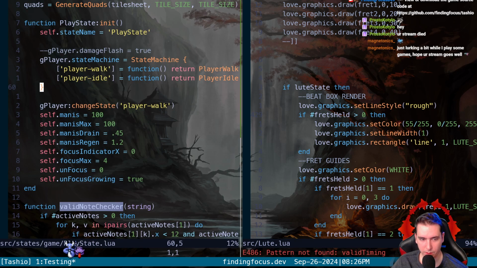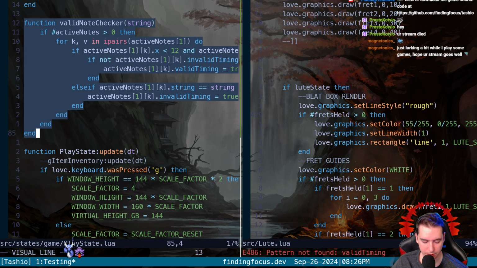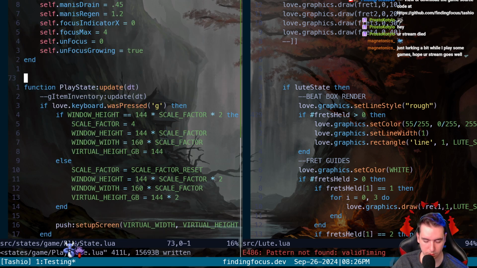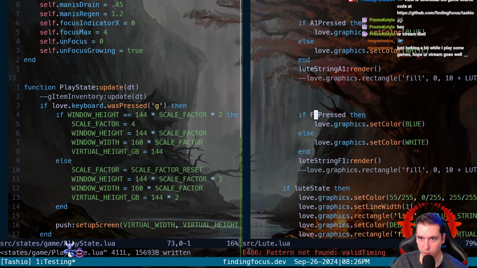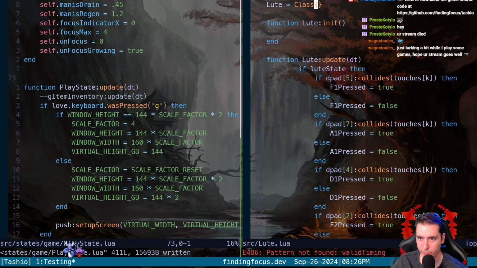Okay, so we need our valid note checker function outside of our update. And then we'll also need all of the initialized variables. So we'll put... You're kidding me.